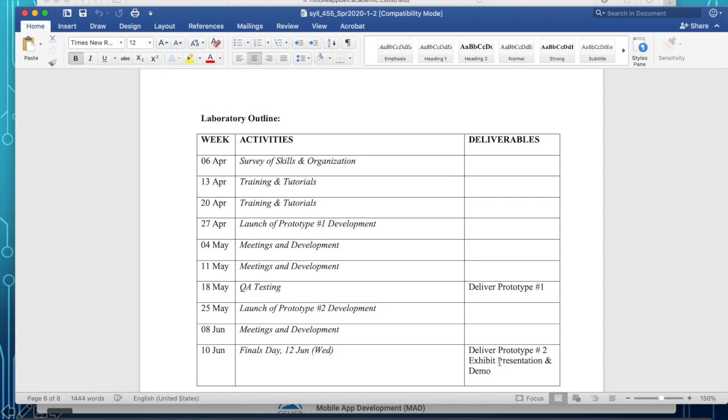The absence report is simply who is absent in the team, and also for the QA team lead to report to me who is absent. Absent means they didn't participate in your session from 10 to 12, for those in the Monday group, and also for those in the Wednesday group.